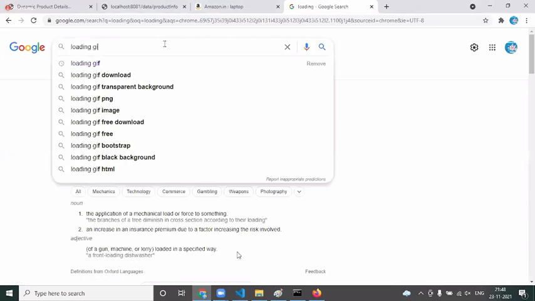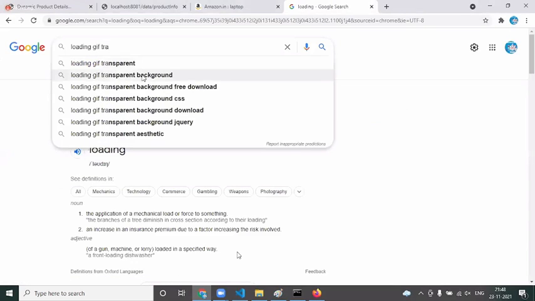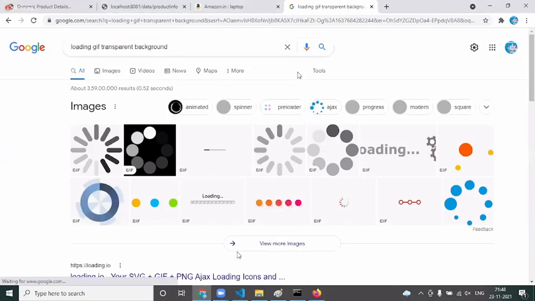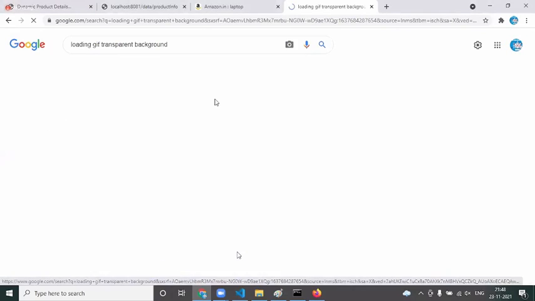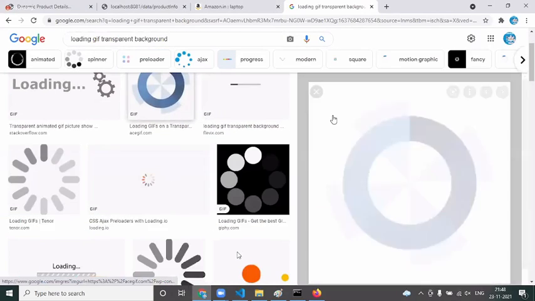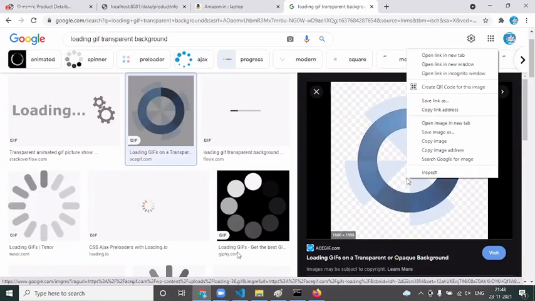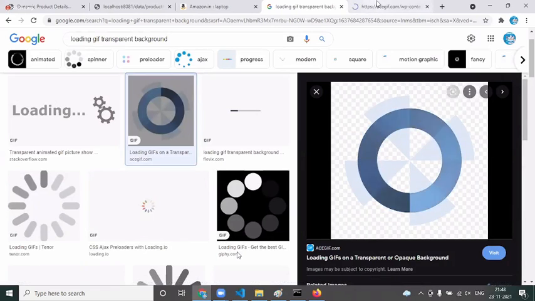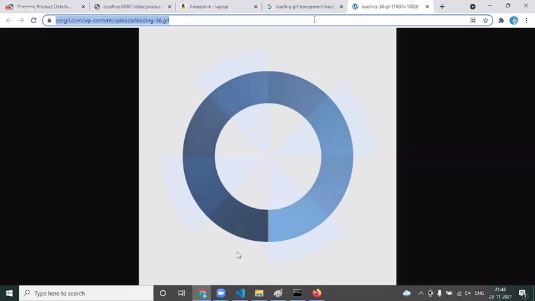First of all, get some loading GIF with a transparent background. Open image in a new tab. This is how the loading image looks.